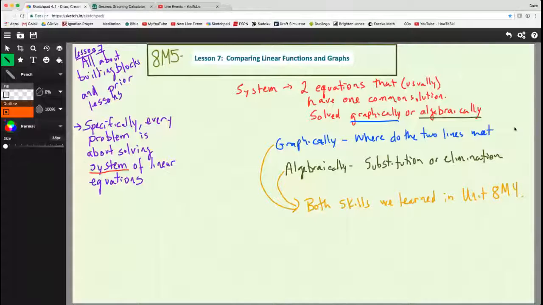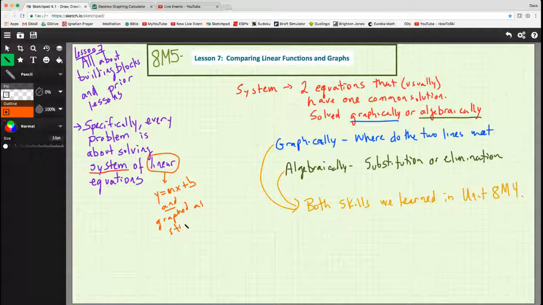So this lesson is all about building blocks and prior lessons. You know how to do these things. Specifically, every problem in this lesson, including your problem set, is about solving a system of linear equations. There are two key pieces here. This whole idea of linear equations means that everything can be written as y equals mx plus b and graphed